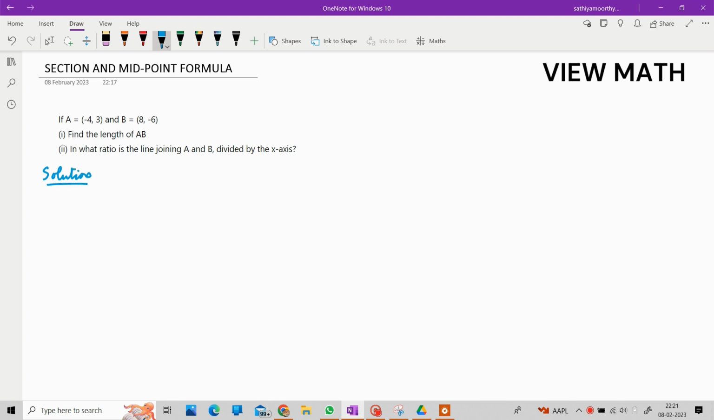They have given that suppose there is a line segment, this is A and this is B. A coordinate is (-4, 3) and B coordinate is (8, -6). Now they are asking us to find the length of AB. We know the formula, length of